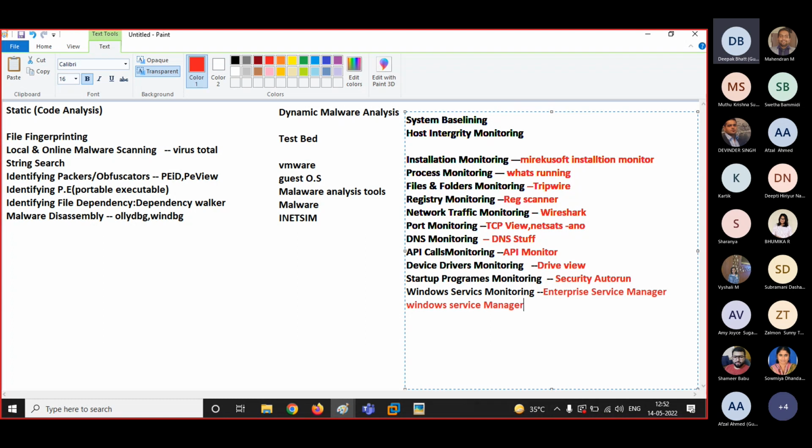Guys, these are the tools that you can use for your dynamic malware analysis. Am I clear to everyone? Yes, no, maybe. Please take the screenshot. This is what we have to discuss in this particular module, that is malware threats. Please take the screenshot of it.